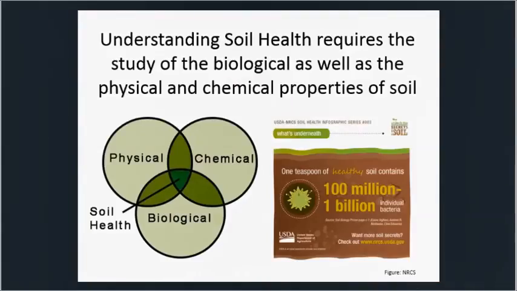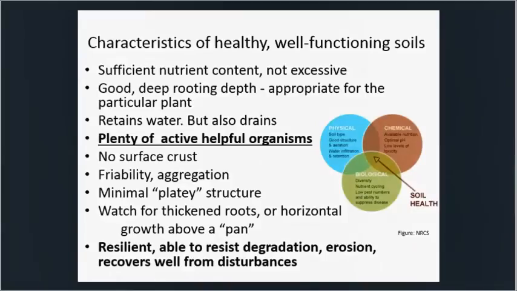So then understanding soil health requires that we know the biological, the chemical, and physical properties of that soil. It is said that if you take a teaspoon of good quality soil, you'd probably be holding, at the very low end, 100 million individuals of bacteria, and that's very low. As you see in a later slide, which is this one,